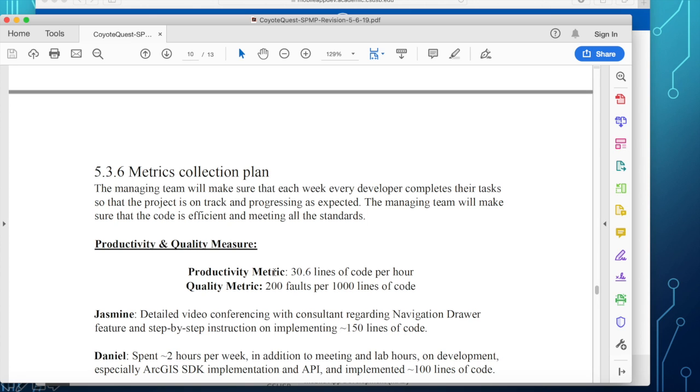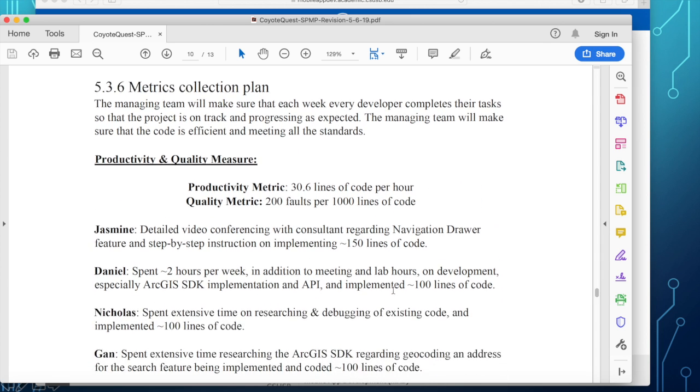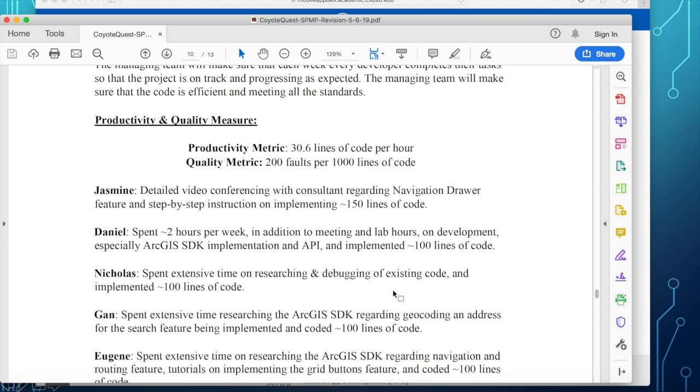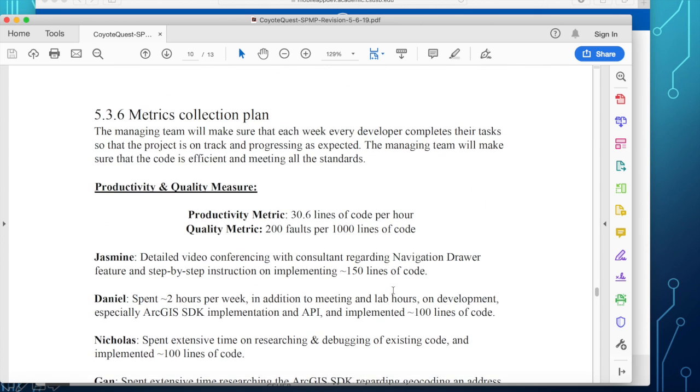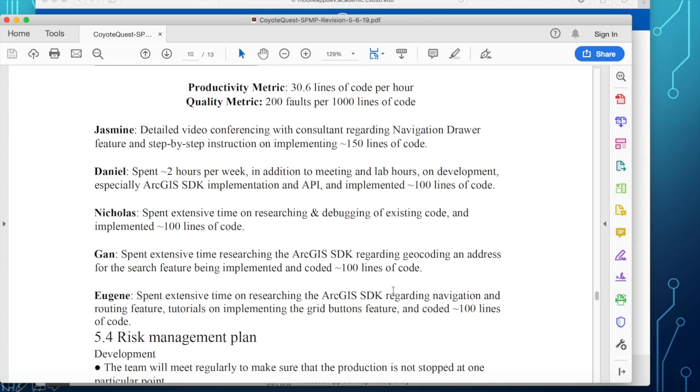What is the productivity of the team in terms of lines of code per hour, and the quality metric, which is number of faults per 1,000 lines of code. Okay, so that should be the metrics collection plan. Now, metrics are very, very important to engineers.